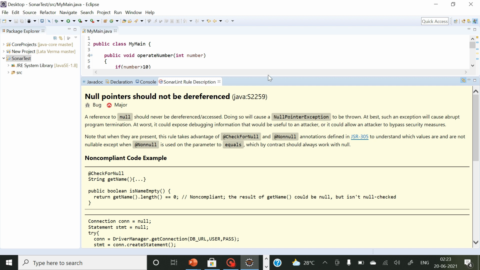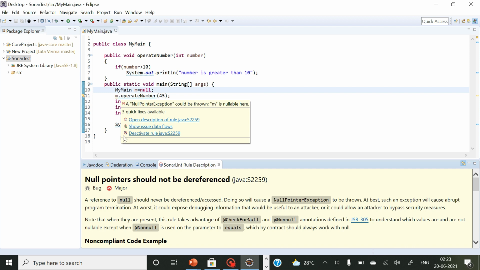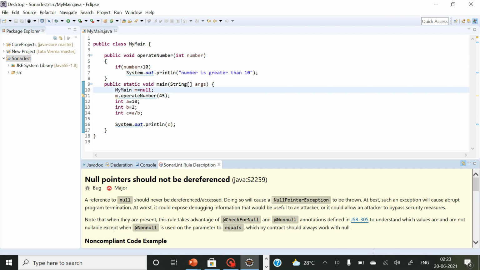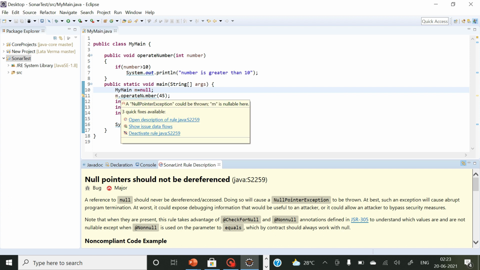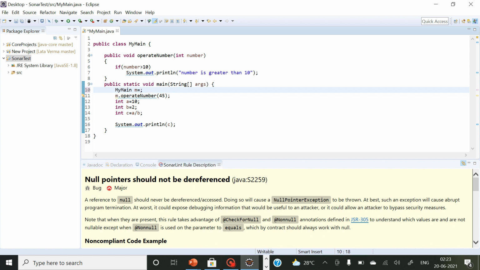So you can see that a complete description of the problem is given to you. Here for null pointer exception, the only thing you need is to assign a reference. So I can just assign a reference to it. Right, so SonarLint has removed that underline from line number 11. Now it is not null.